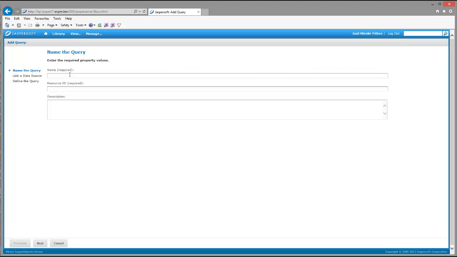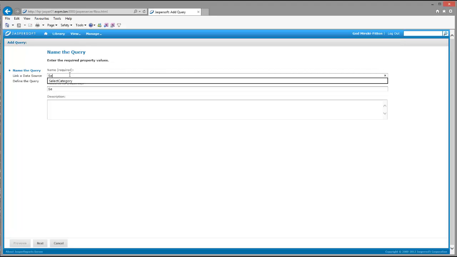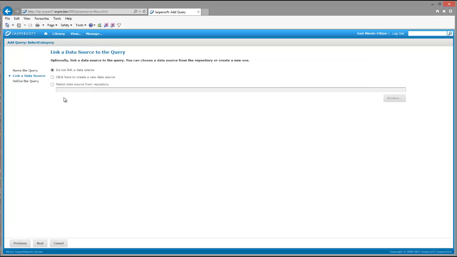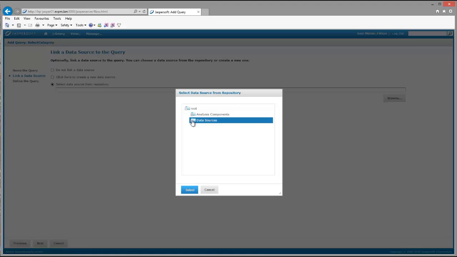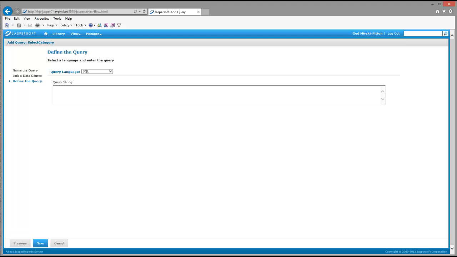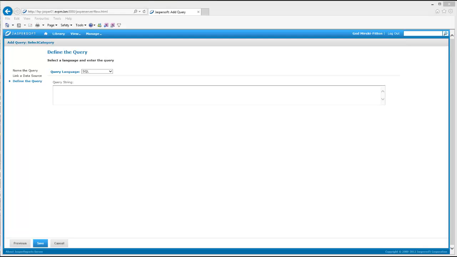So we'll name the query. Our query is just going to be named select category, just to keep things simple. And we'll keep the description simple as well. So we'll select the JSR data warehouse data source from the repository. That's the one we're going to run our query in, and then we'll paste the text of the query